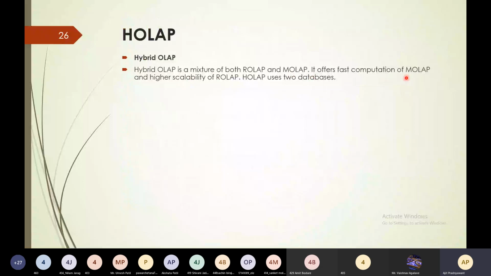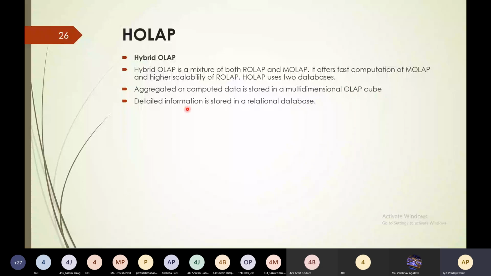It offers the fast computation of MOLAP and the higher scalability of ROLAP. HOLAP uses two databases. So data is stored in two databases: aggregated or computed data is stored in MOLAP, whereas detailed information is stored in ROLAP.